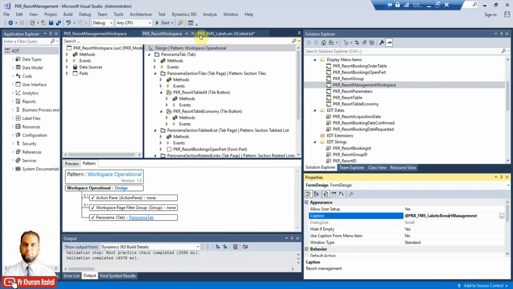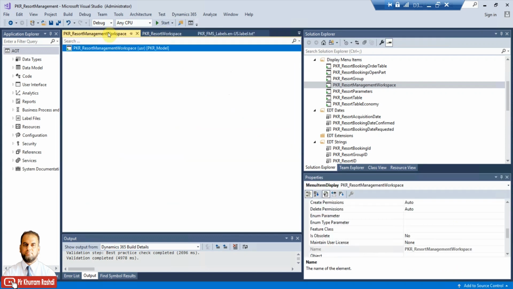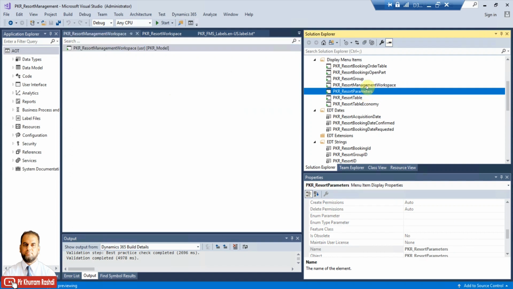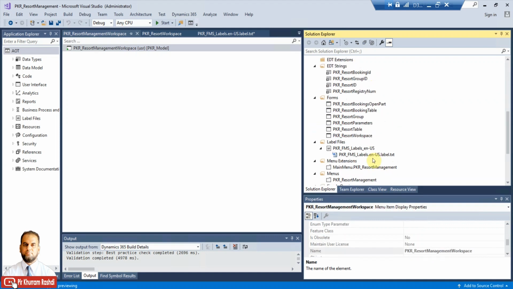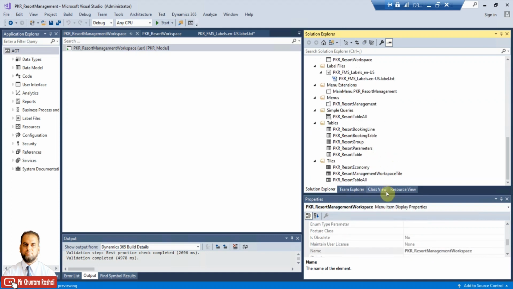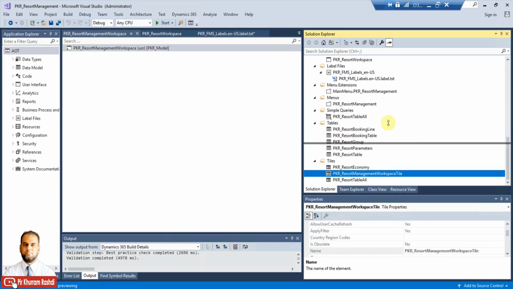It is resort management, but in the menu item name it should be like resort management workspace in order to identify or differentiate among other menu items. So I have just named it resort management workspace, and then in the tile